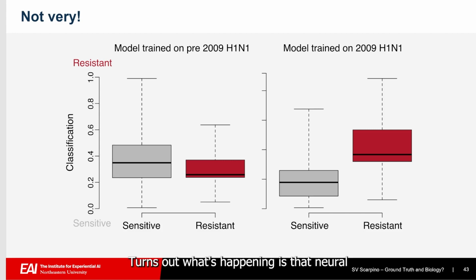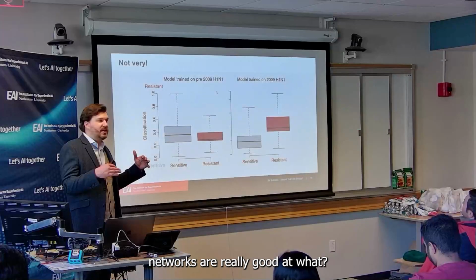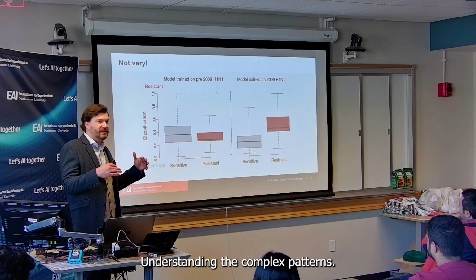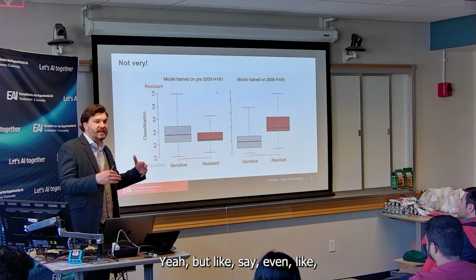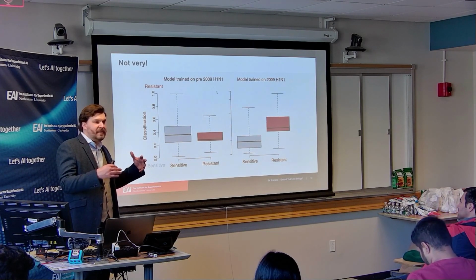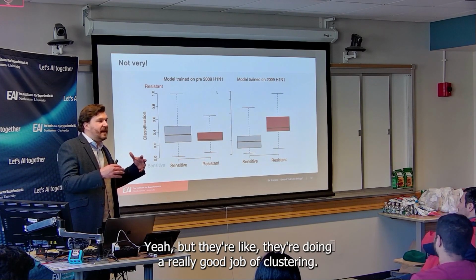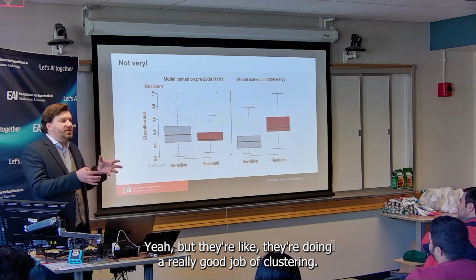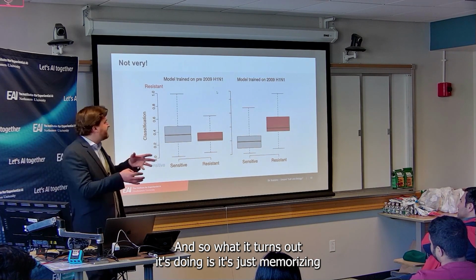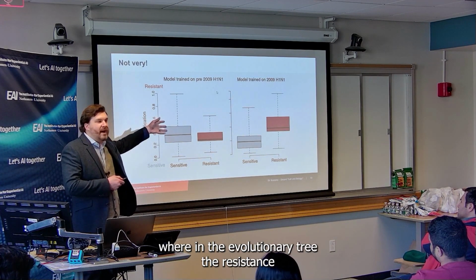Turns out what's happening is that neural networks are really good at what? What are they good at? Understanding the complex patterns. Yeah, but like, what are they doing? Learning from the error basically. Yeah, but they're doing a really good job of clustering, right? And so what it turns out it's doing is it's just memorizing where in the evolutionary tree the resistance